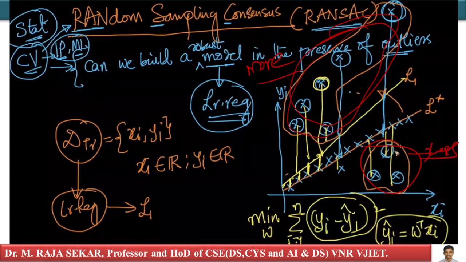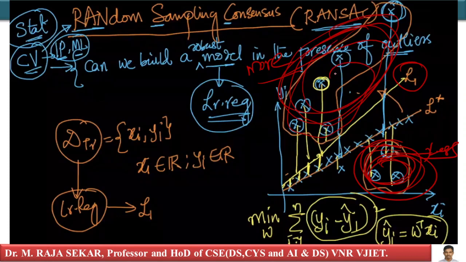The extreme outliers tend to pull the line towards them. This L1, this line is pulled towards them. Why? Because here you have more outliers. I have some outliers here, few outliers this side, but these are fewer outliers and less extreme. You have less extreme outliers this side, isn't it? Less extreme outliers compared to this side, isn't it?